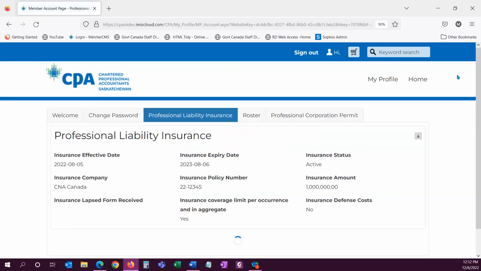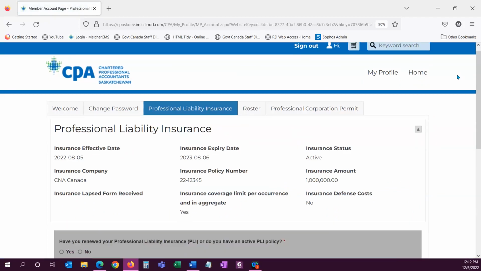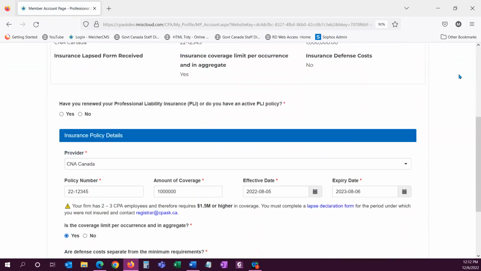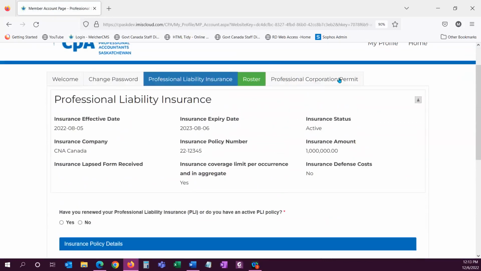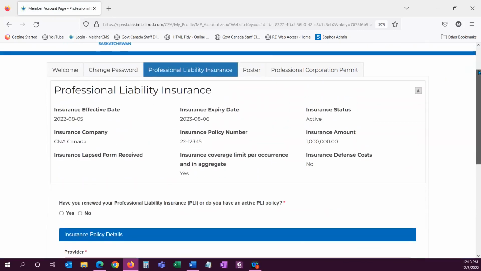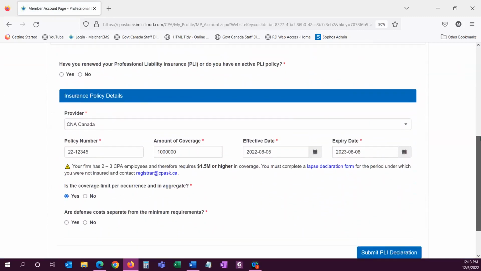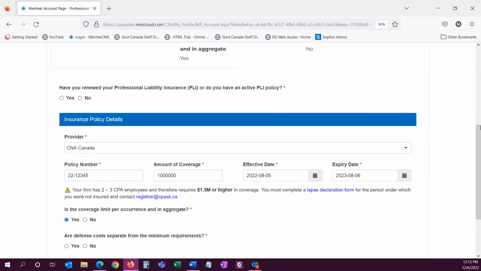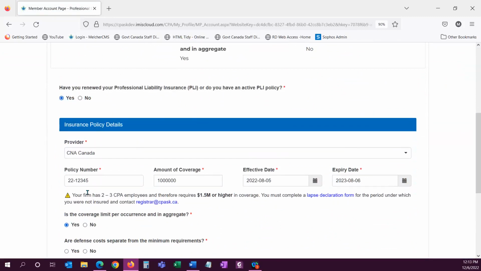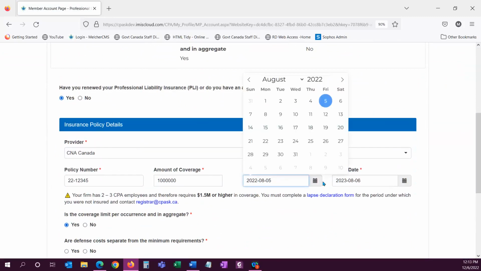To enter the PLI information, you should log into your firm portal using your firm ID number as your username. Under My Profile, when you click on the Professional Liability Insurance tab, this form will appear on screen to update. So first, you need to confirm: have you renewed your insurance or do you have a current PLI policy? Then under the insurance details section, enter provider name, policy number, amount of coverage, effective and expiry date of the